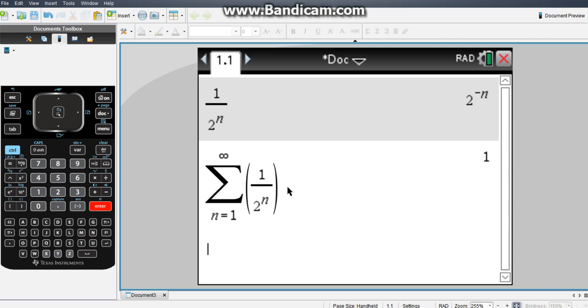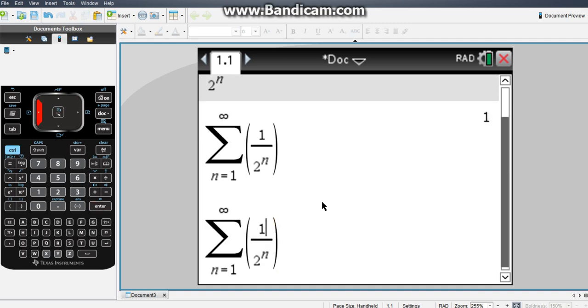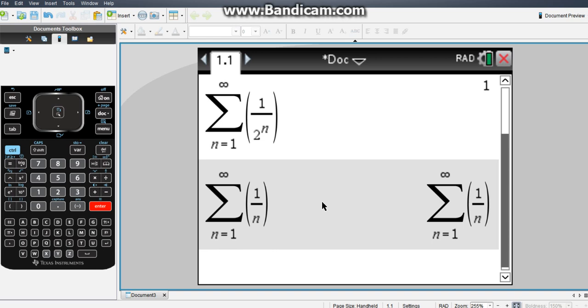But they're not all this easy, you know? Sometimes, like with the harmonic that Mr. Miller was talking about, it diverges, but it seems like it's going to converge. So what happens when we plug in the harmonic to this? Will it tell us that it's infinity? Infinity is the correct answer, but will it tell us that? It should, right? Wrong. So the reason that it doesn't tell us is a bit hard to explain, but basically